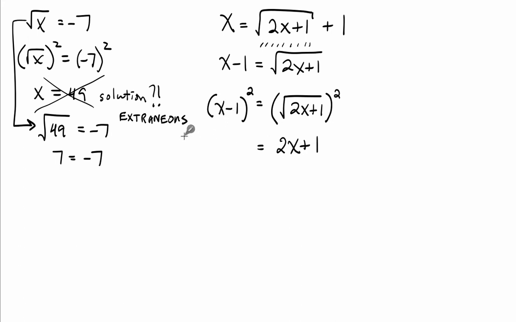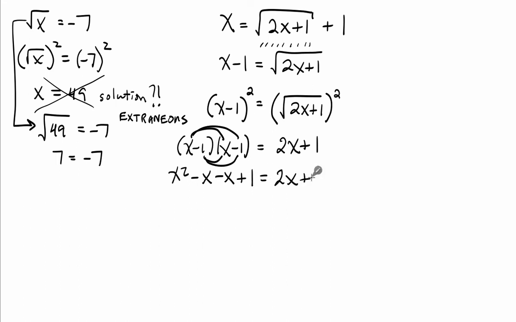The left-hand side, many students get this wrong, so it might be a good idea for you to actually write it out twice to avoid errors, and then distribute: x times x, x squared, x times -1, negative x, then -1 times x, negative x, and finally -1 times -1, which is plus 1. Write out the rest of the equation, gather up some like terms, and realize that this is a quadratic equation,